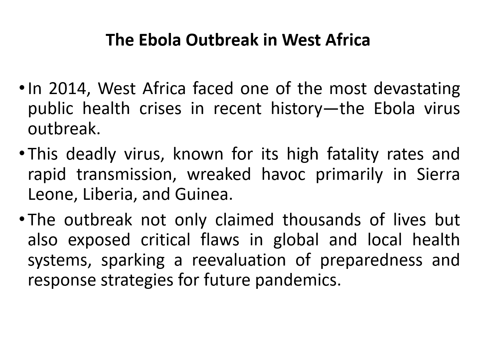This deadly virus, known for its high fatality rate and rapid transmission, wreaked havoc primarily in Sierra Leone, Liberia, and Guinea. In countries like Sierra Leone, Liberia, and Guinea, there is no proper political stability, and the primary health sector is also not well funded by the government. So what really happened is the primary health sector was already on the verge of collapse. At the same time, suddenly a deadly viral infection starts, and it starts spreading from person to person.